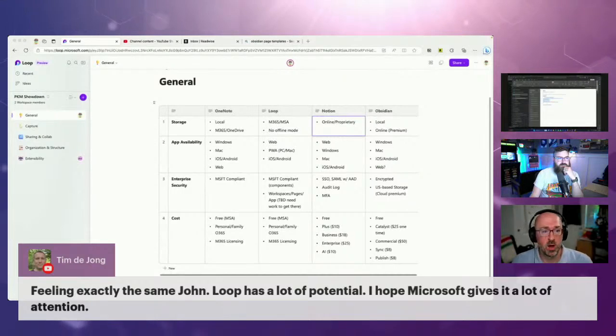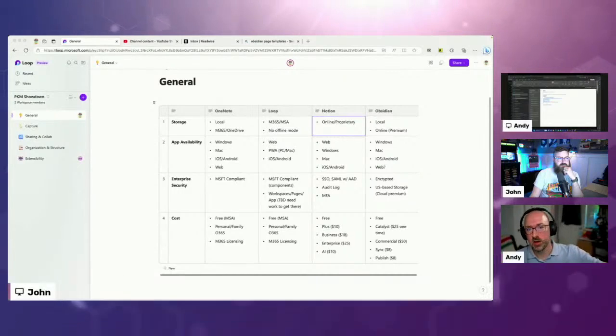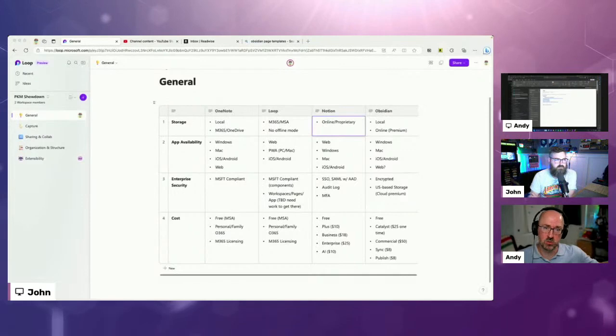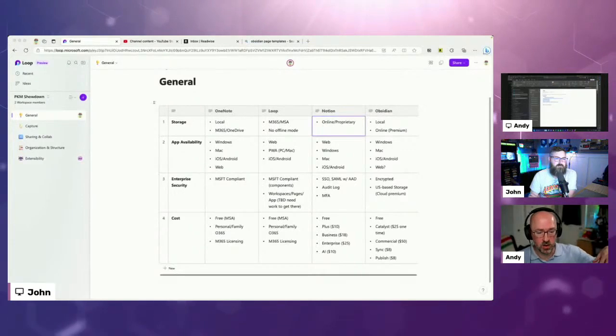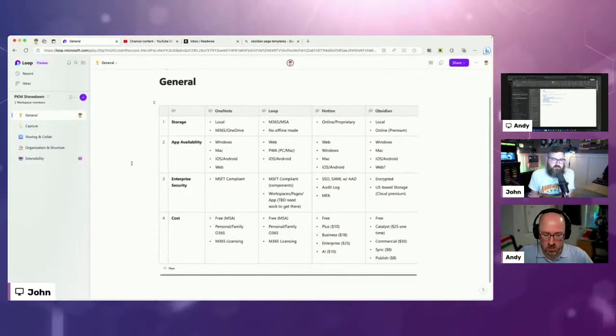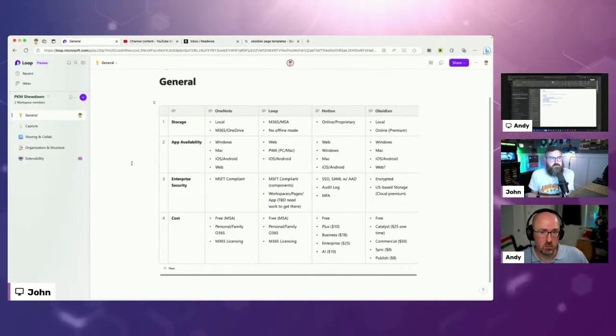There's a lot that I really like about Obsidian for personal knowledge management. The thing that's super attractive to me is the graph and the linking system that's built into it. I think those are really great, and the ability to quickly get something over into WordPress. So for personal knowledge management, Obsidian's a really good tool. But longer term, if there's a couple of things that come to Loop, that whole story is going to change.